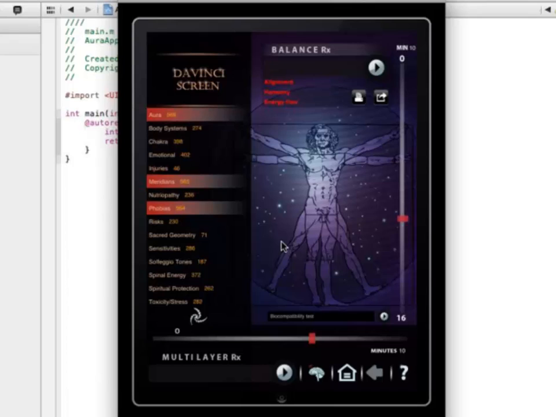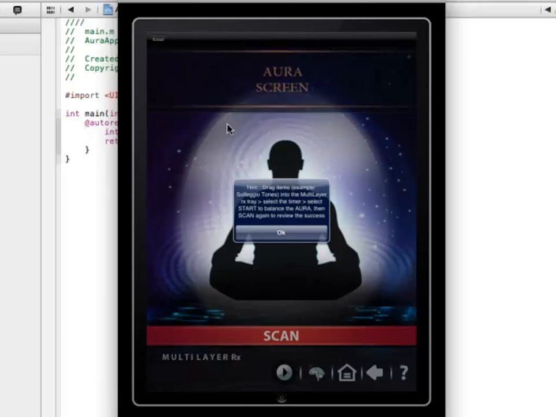And I have to remind clients a lot that this is in relation to your profile. This is not a general assessment, only to your profile. Okay, let's go to aura. And again,